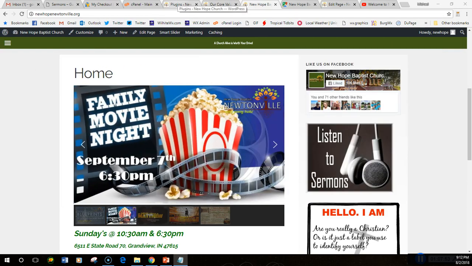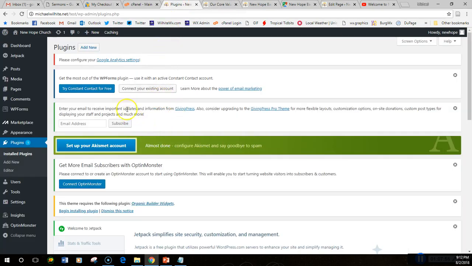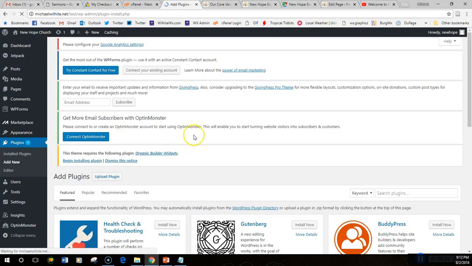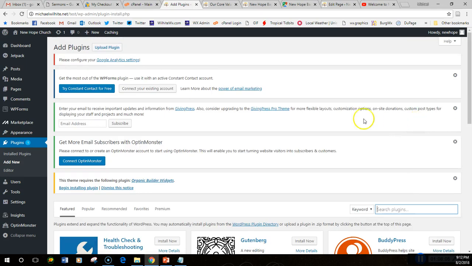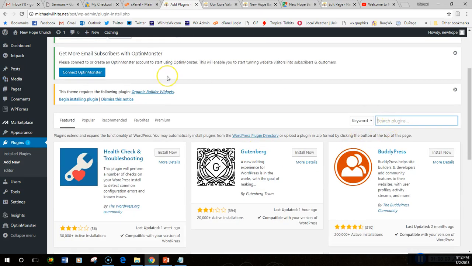But let's do the Smart Slider 3. So plugins, what I want to do is go here and click Add New. A plugin is just something that extends the capability of your website. Search for plugins. You go to the Add Plugins page. Let's search Smart Slider